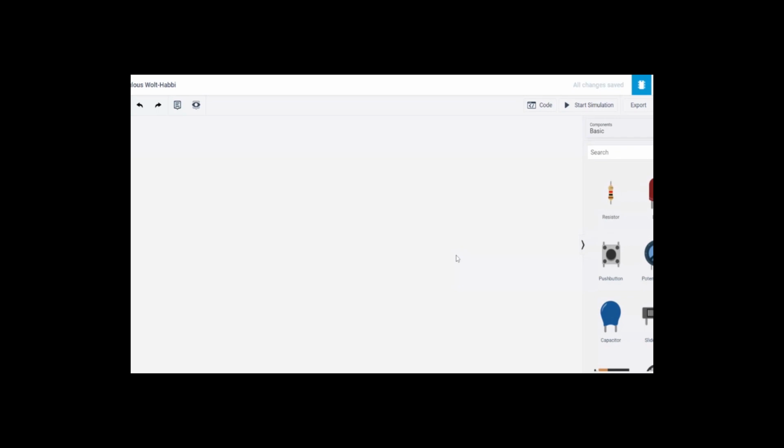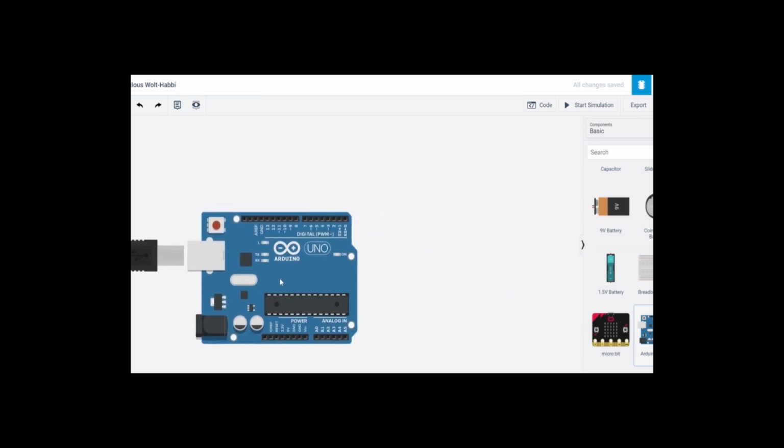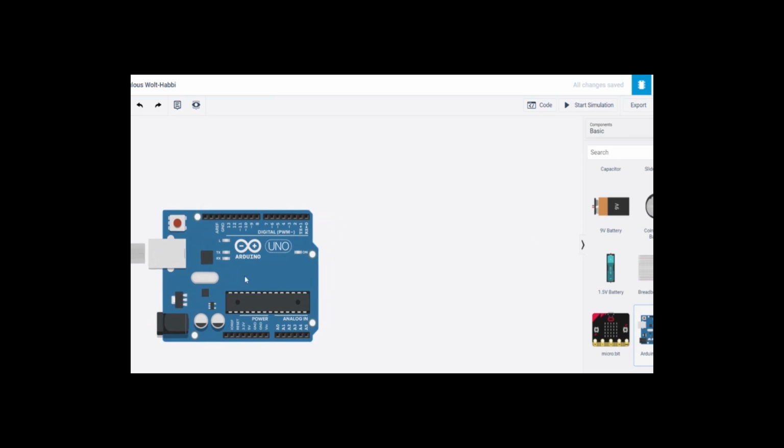Now let's do a hands-on session on fading of an LED in Tinkercad. I hope everyone opened this Tinkercad simulator, and this is how it looks after logging in. You can see the components here. If you scroll down, you can see the Arduino Uno board. Firstly, we are going to do fading of an LED. For that, first we have to build the circuit, and then we have to code the Arduino board. If you click here, Arduino, it will directly come here. Okay, that's it.